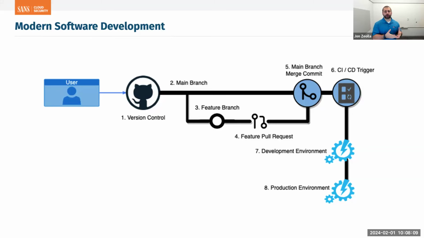Now, if you want to add to that code, you don't make changes directly to it. In fact, you make a different version of history. You branch out, you make a feature branch, and you make whatever changes you'd like, and you're not affecting that kind of approved final part of the code. When it's ready, when the feature is done, when you've written tests, you've done your security scans, you can submit a merge request or a pull request. That just means I've got some code changes. I would like them to be included in the kind of final version of the software.